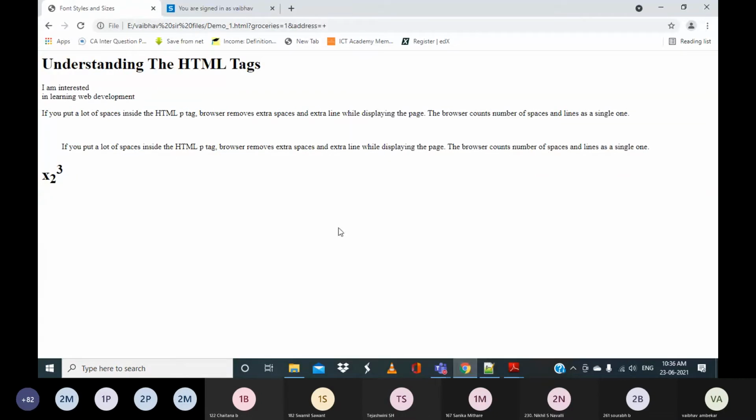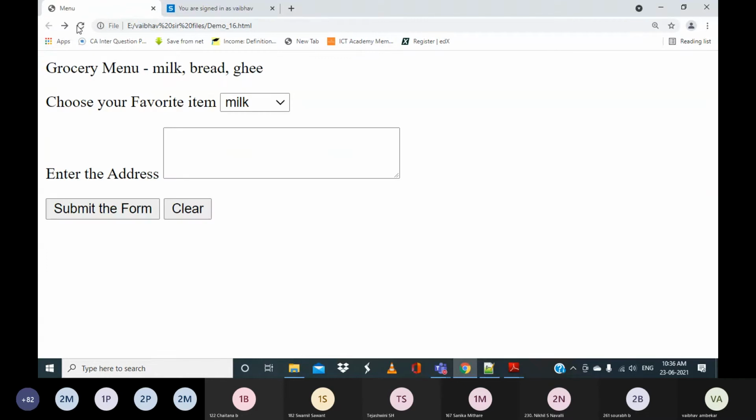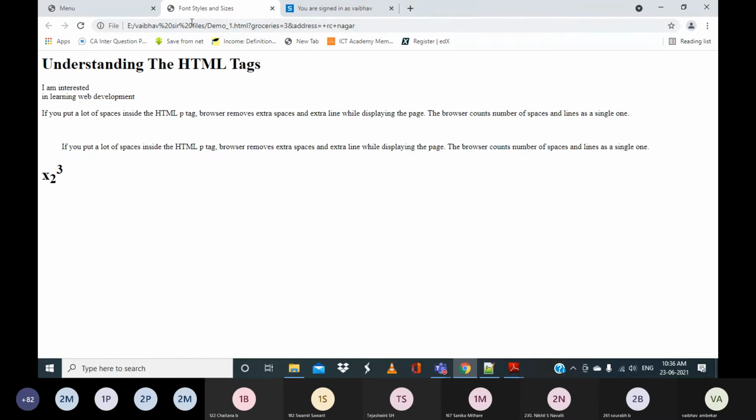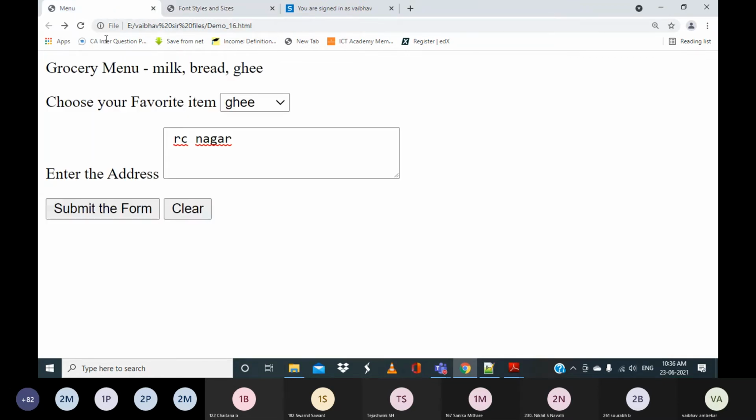Now if I run this, see the changes. I will select ghee and then RC Nagar, and then if I click on submit form, these two values will be selected, and you can see that it is opened in a new tab, whereas this is there as it is.